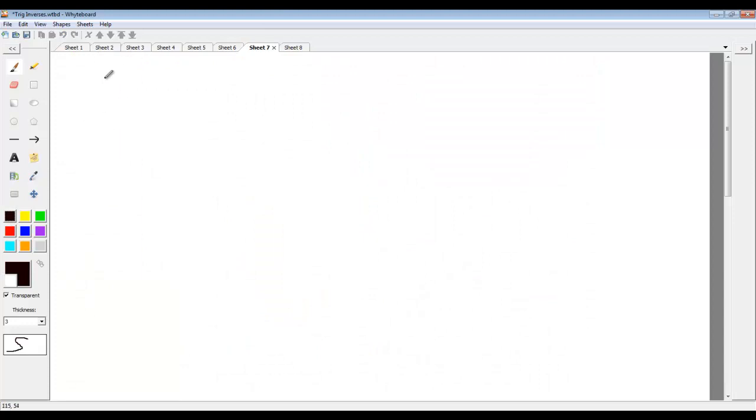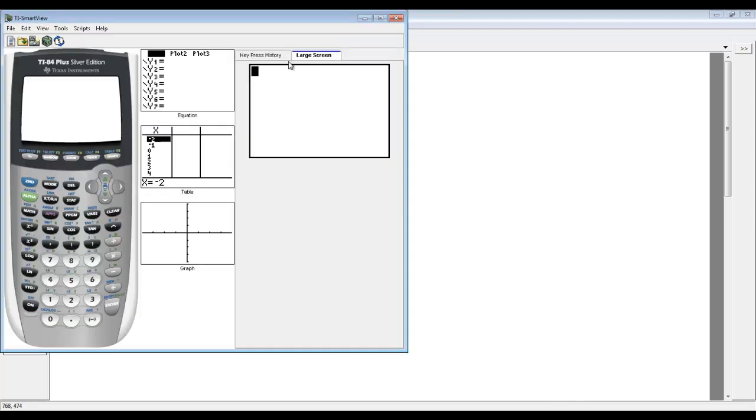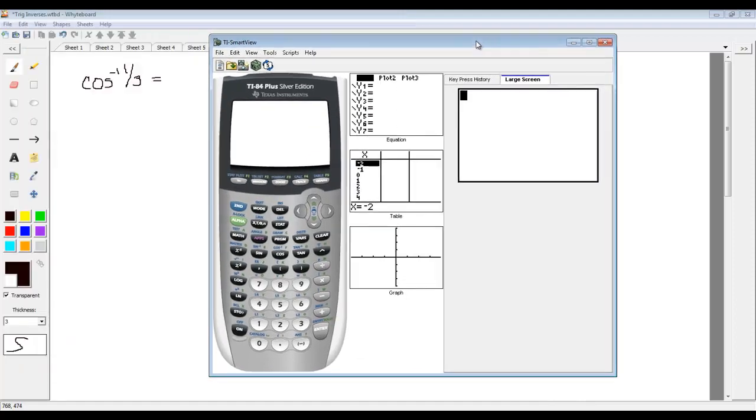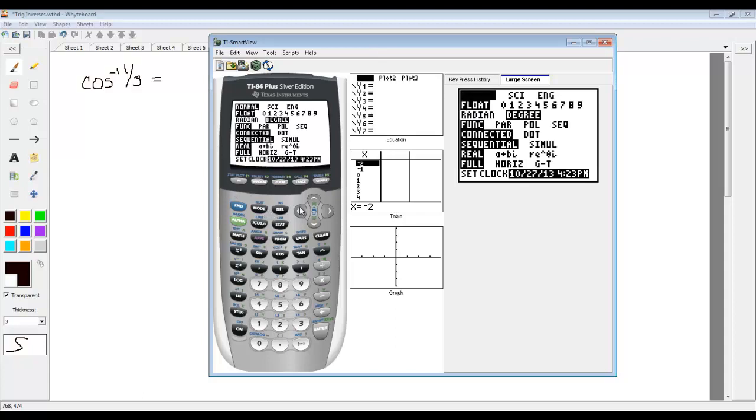Alright, just real quickly, let's do first a calculator type question. Let's say you have to find the inverse cosine of 1/3. You can actually do that on your calculator. If you pull up your calculator, let's make sure it's in radian mode, because we've been doing everything in radians and such. If we go ahead and do that,